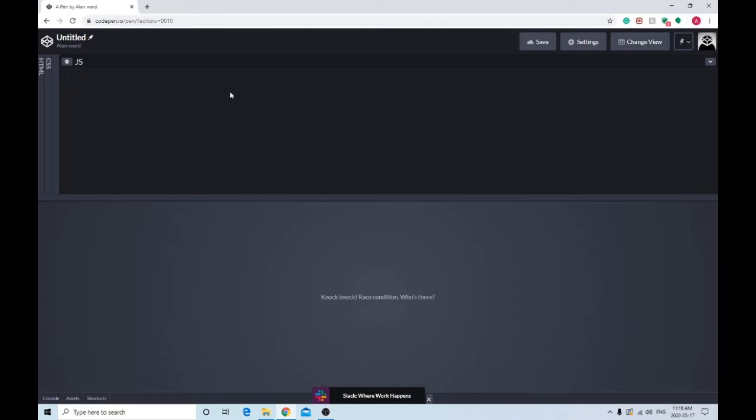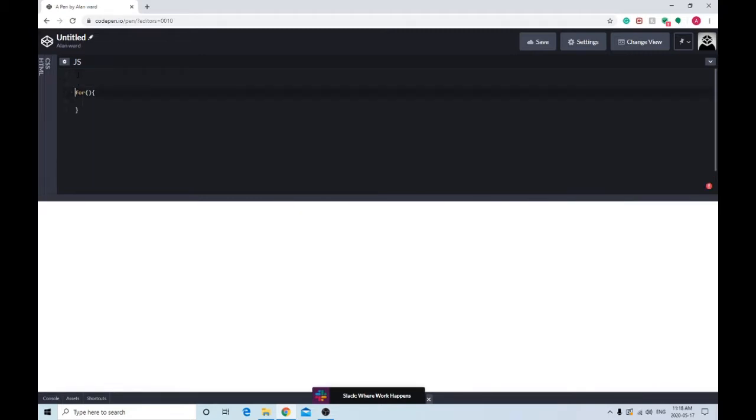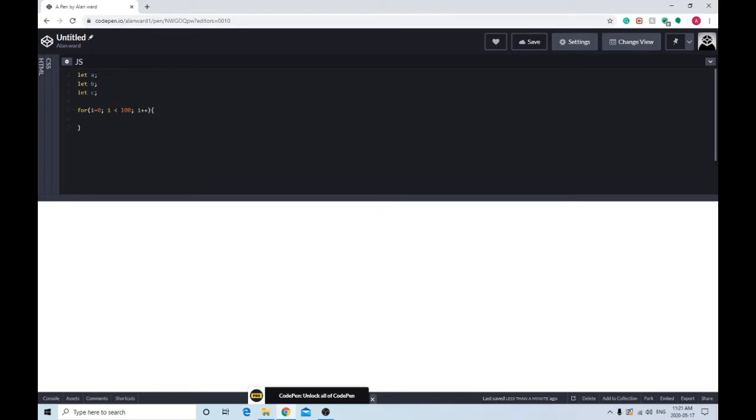Alright, so for this, I'm thinking I need a for loop. I need something to loop over and over again to log a number. There. We also, I'm thinking, probably need a couple of variables, either 2 or 3. I'm not sure. Alright, so here I put 3 variables, A, B, and C. That's not super creative, but it will work. So let me finish this for loop. Alright, so yeah, variable A, variable B, and variable C,